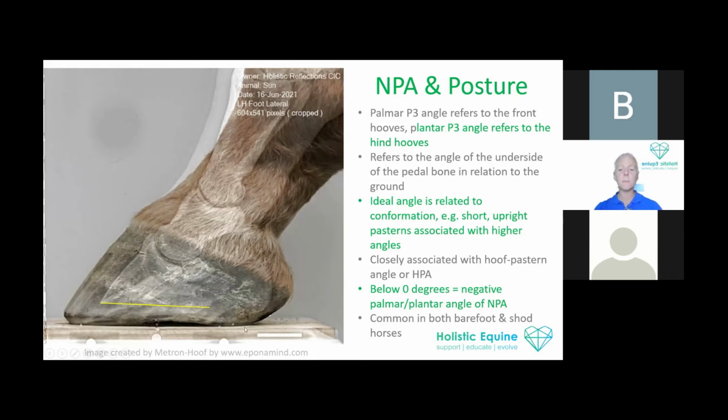This horse simply no longer grows heel. We cannot get any growth in the heel, but we can get a little growth in the toe. So whilst we've got adequate height in the front of the foot, we're not able to get adequate height in the back. And I believe from seeing various venograms that this is to do with changes to the blood flow in the back of the foot, because of those pressures changing the property, maybe the property of the cartilage,